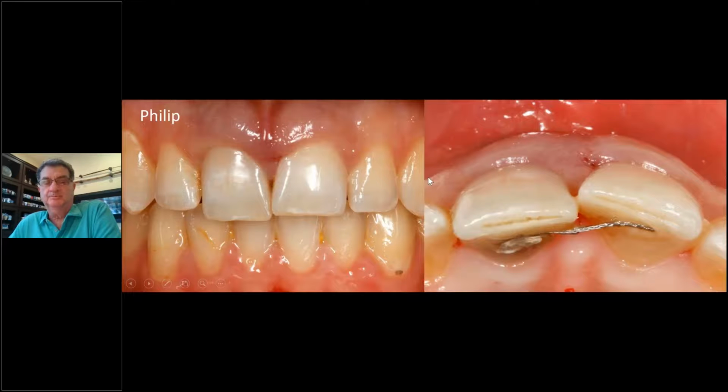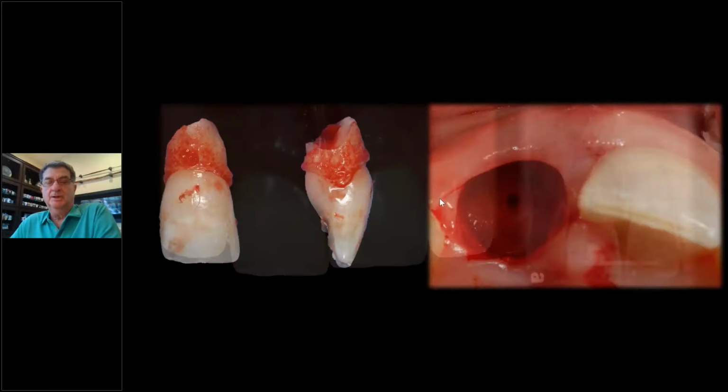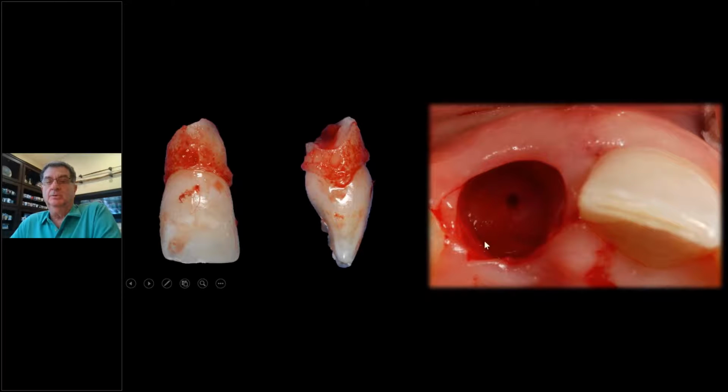So I want you to look at Philip. This is what we started to see. Take a look. Philip has a broken tooth. He was sent over by his dentist for us to fix him. And what you see here is the crack. We're going to take the tooth out. But wait, now I can't take it out, so what am I going to do? The buccal plate's there, but the tooth was fractured. And how do I get it out without a flap? I don't flap. Everything is through the socket. Now, if that opening is not big enough for you, put some loops on.